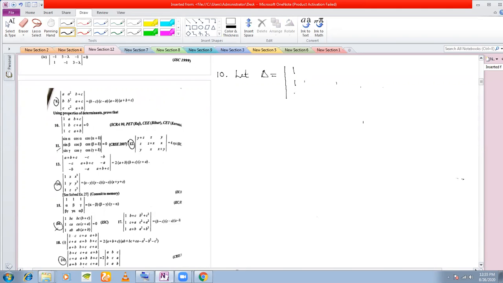This is a fairly simple one, isn't it? So Govinda, you tell me what to do. Since your voice is clear today. Yes, sir. In the first column, 1 1 1 is there. So we will subtract the first row from the second and the third. So 1 minus 1, and then this again becomes, we will do the third one.